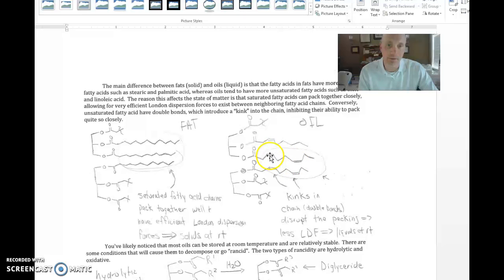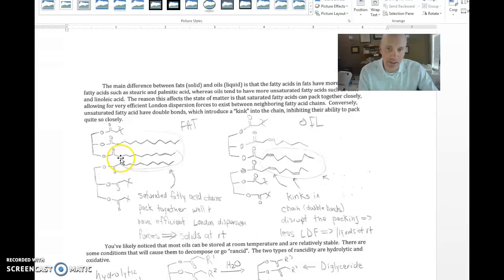This one is not holding as many hydrogen atoms as it could, because if we take this from a double bond and turn it into a single bond, you can add a hydrogen to each of these atoms. So the thing is, when you have these triglycerides where these esterified fatty acids are saturated,